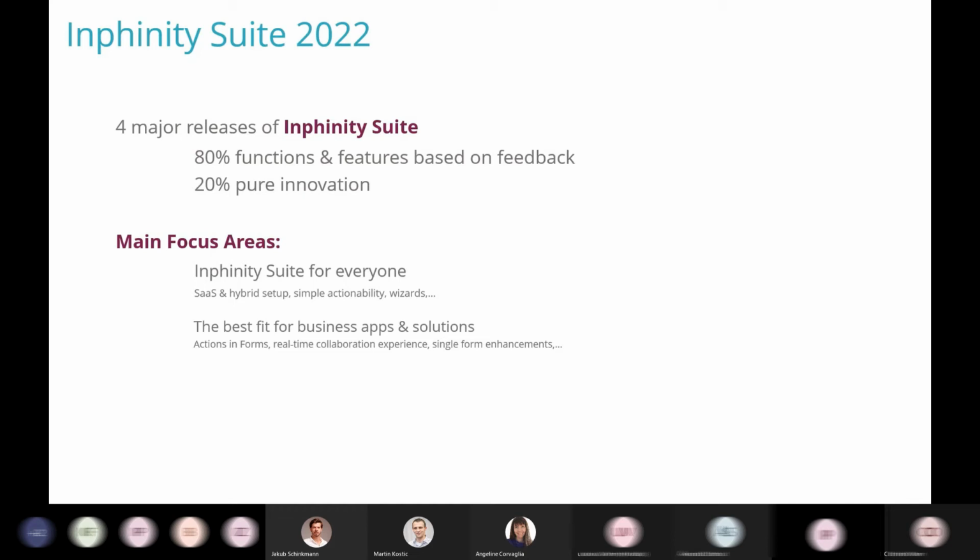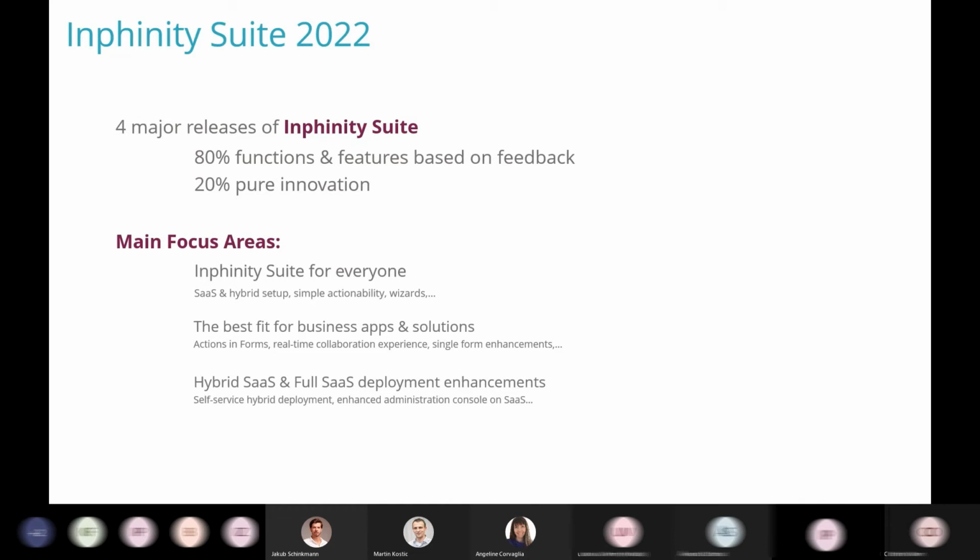There shouldn't be any reason to come out of Qlik Sense to take action. In December last year, we released this real-time collaboration experience we definitely want to keep enhancing. And another thing for the solutions that will definitely be interesting is the single form enhancements we are going to bring to you.